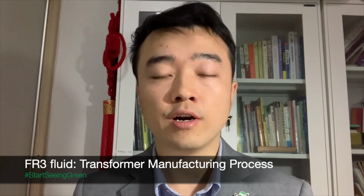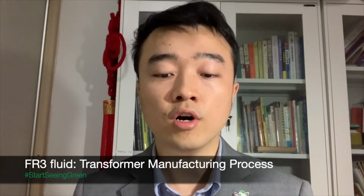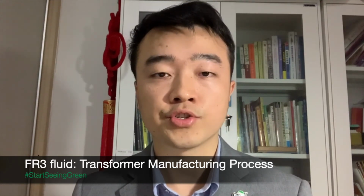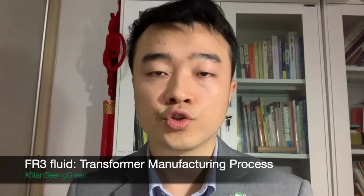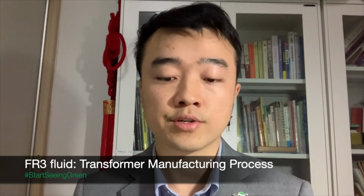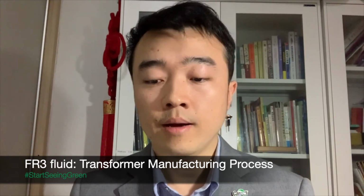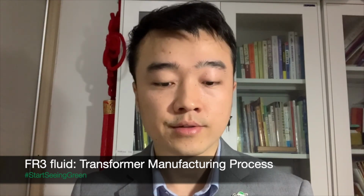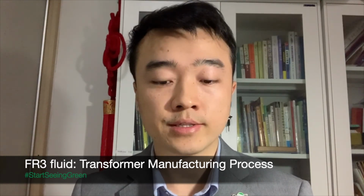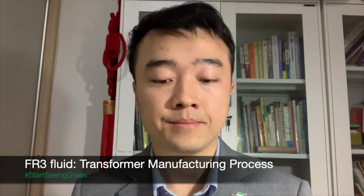The exposure of FR3 fluid to air during normal production and handling procedures, following the same parameters used for traditional mineral oil transformers, is not a problem. Moisture absorption rather than oxidation is the main reason to limit the contact with ambient air. Although manufacturing transformers